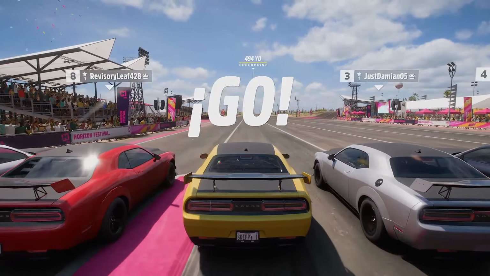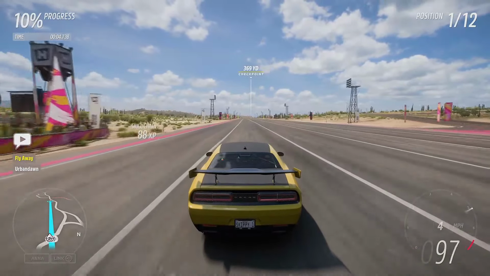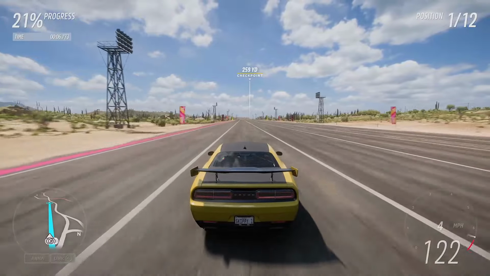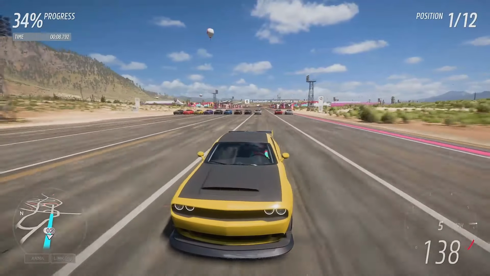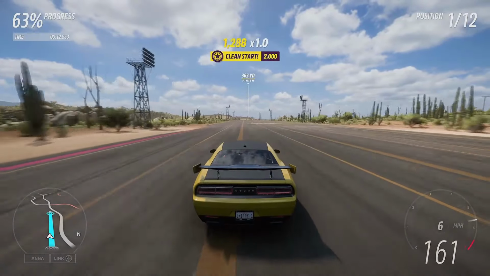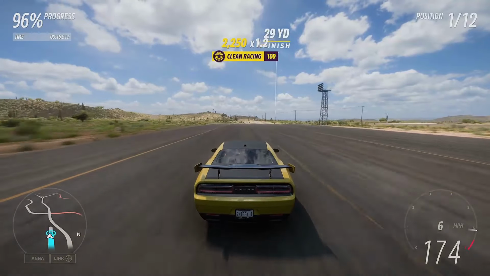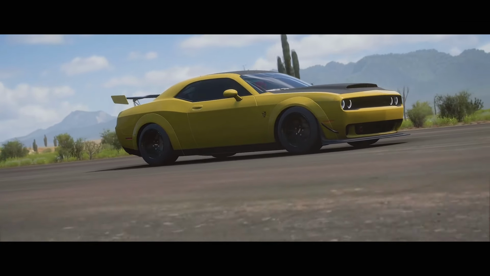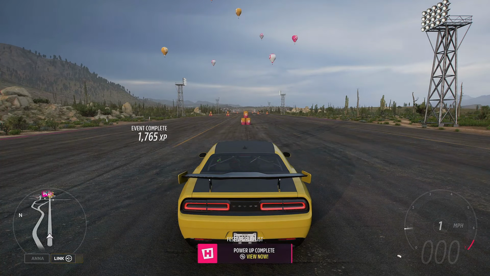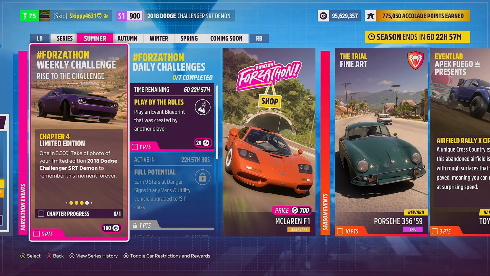Here we go then, win a race in an upgraded Demon. We are 4-wheel drive and we still got it on Taurus, so we're going to absolutely breeze it as we are miles out in front. Up into 6th gear at 160 miles an hour. There's the finish line. Boom. First place. And there we go. Power up completed. So with chapter 3 completed, it is on to our 4th and final chapter this week, limited